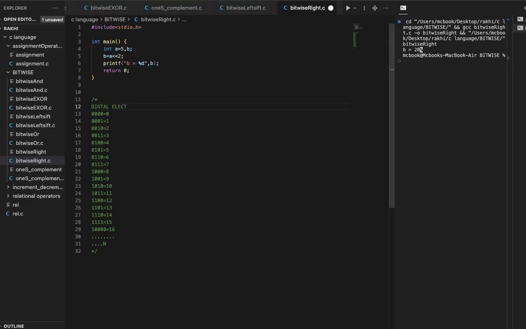Convert the binary number. Binary number is a low level language. These numbers are 4-bit binary. Convert to digital.